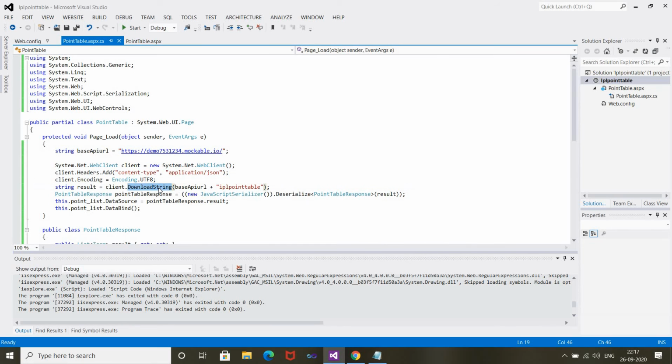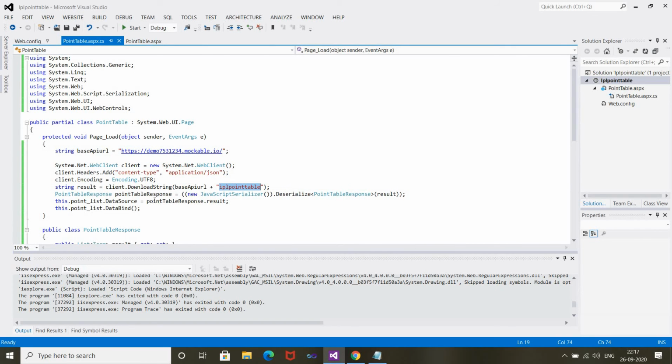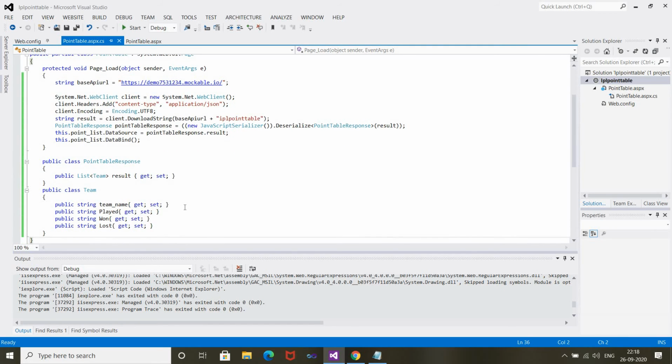I am doing a download string, and this API, IPL points table, is being called and mapped to the points table response. It is then directly bound to the points table. This is the basic code that I have written to bind this particular points table data to a grid view using C#. Let's run this code.